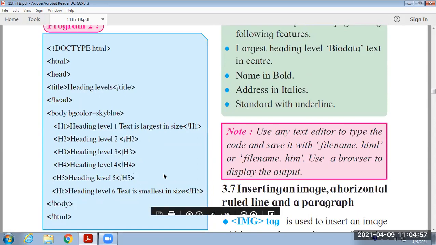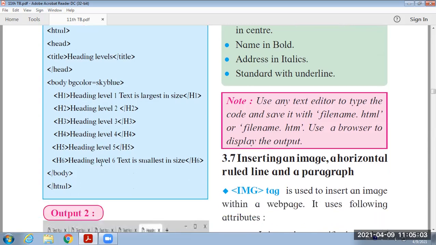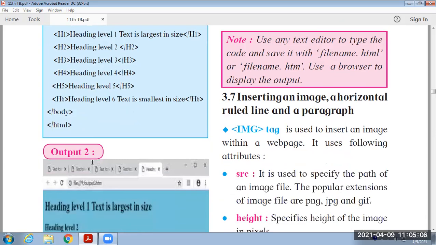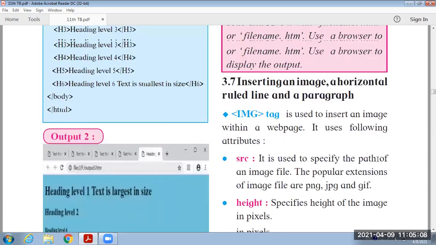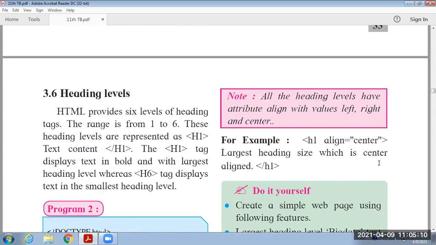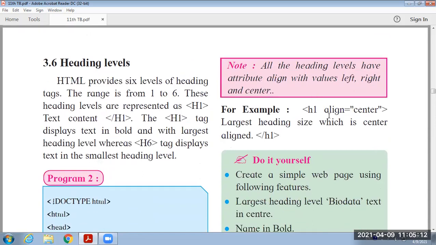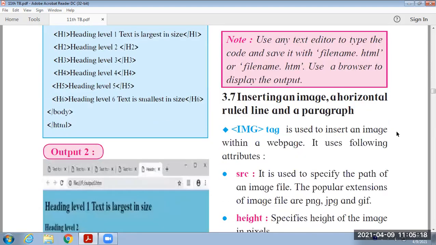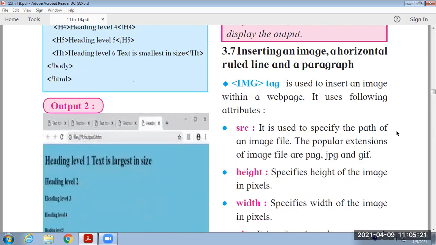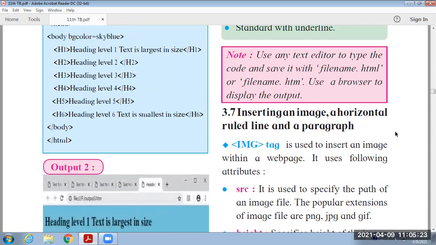Also, we have provided the alignments like left, right, and center. All those things we have done practically. Here alignments are given, just like H1 align equal to center. Then you get the H1 data at the center position.